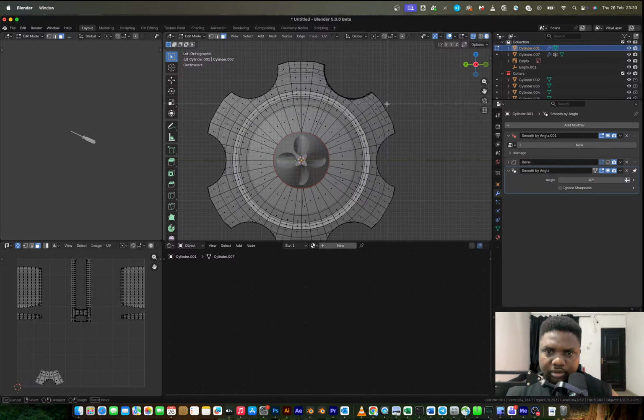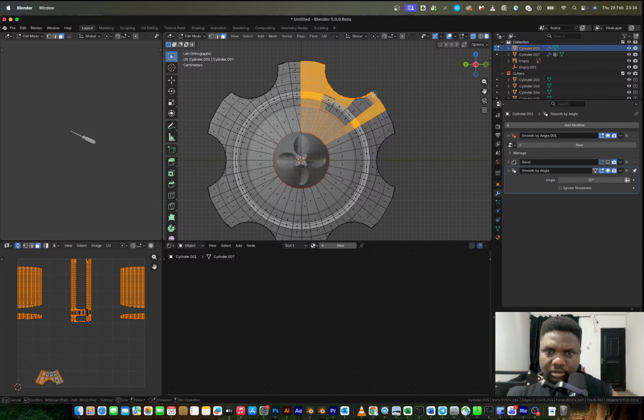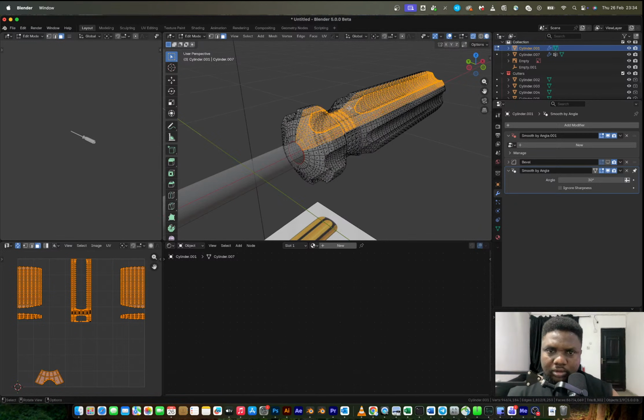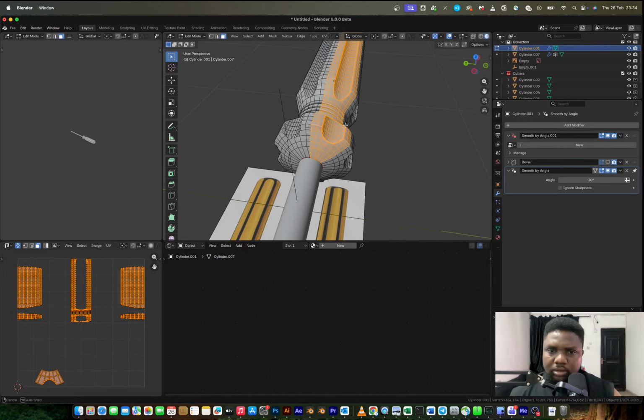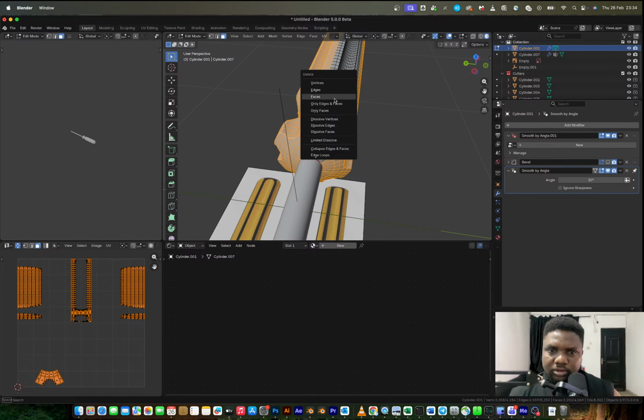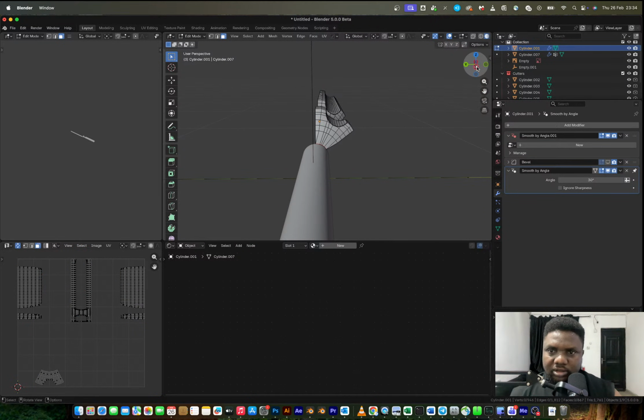So it's going to be a selection like this down to this. I'm going to select all of this. Right, and then I'm going to invert that selection, delete all of that face,